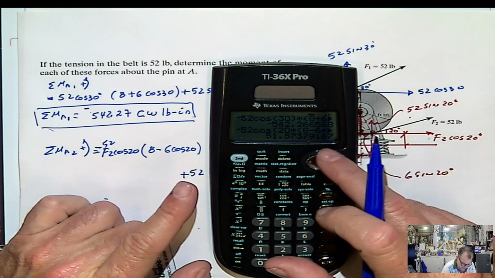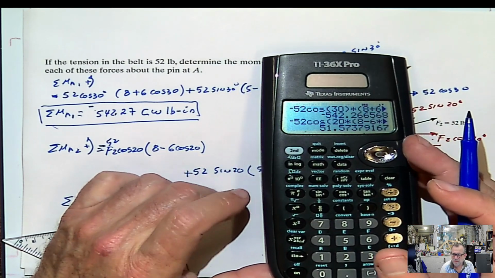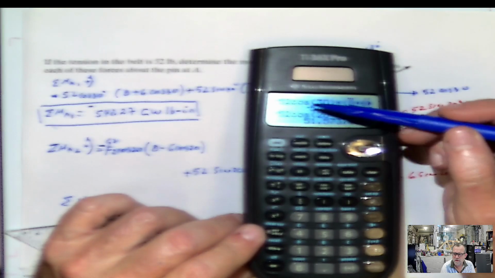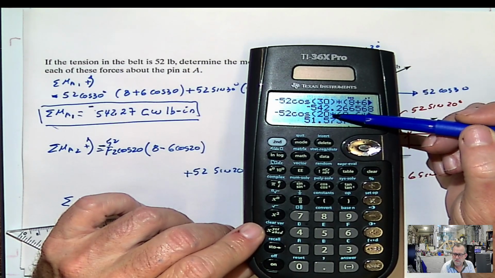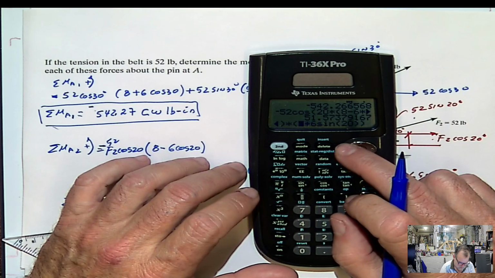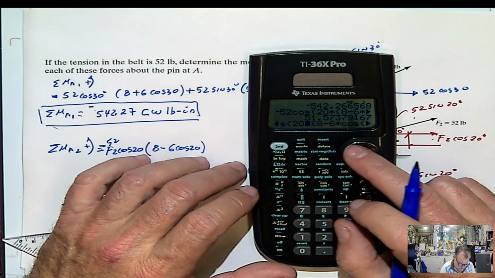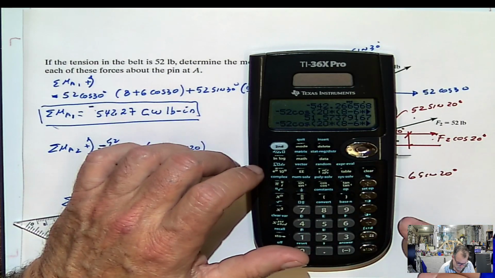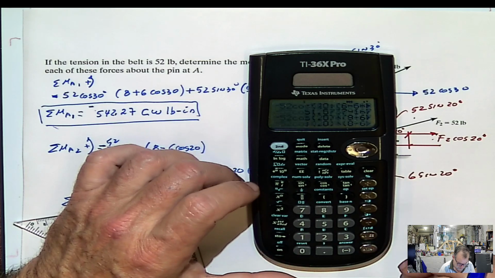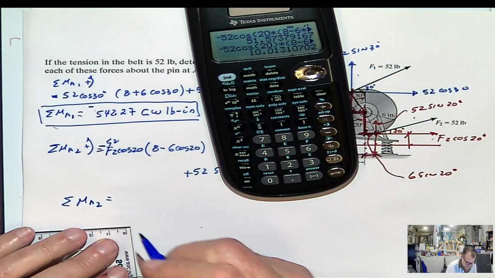Let's try again. I messed up. Look, here's the error. You see the error? I didn't close that parenthesis there. So I can just go up and complete the correct closing. Right there. Insert the parentheses, hit enter, and I get 10.01